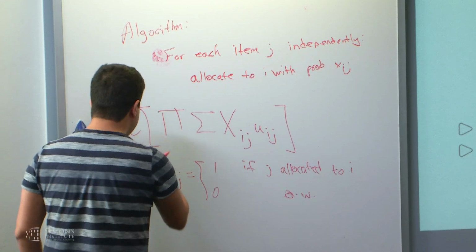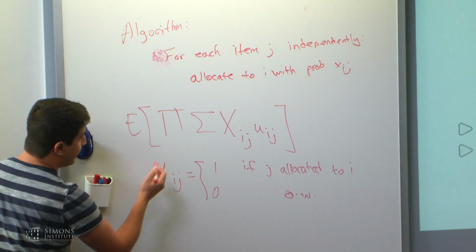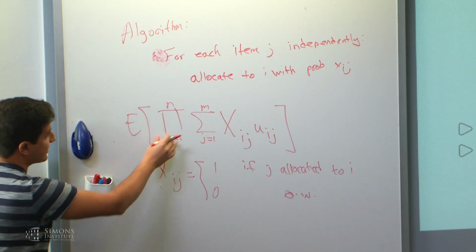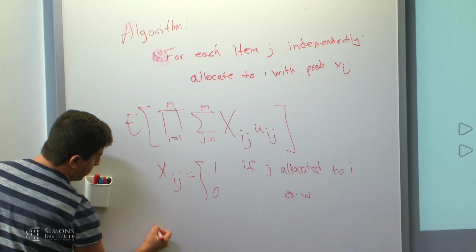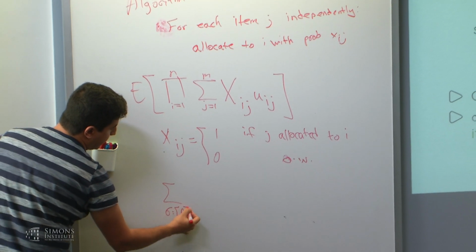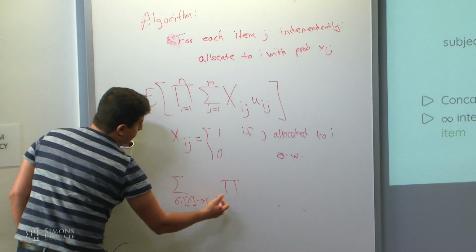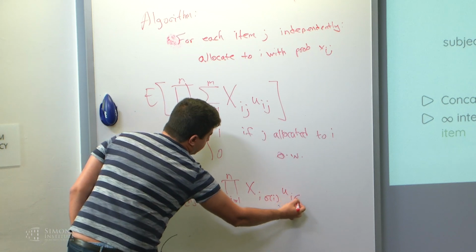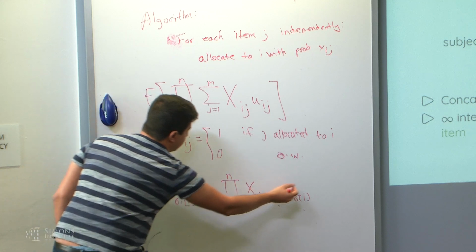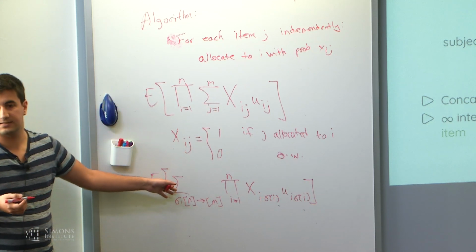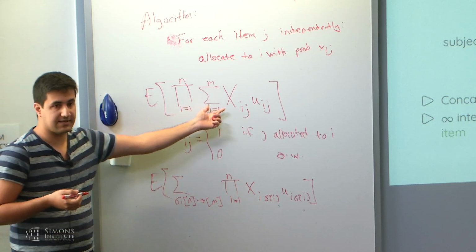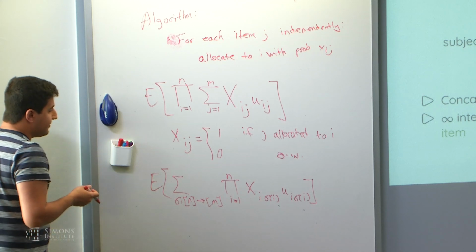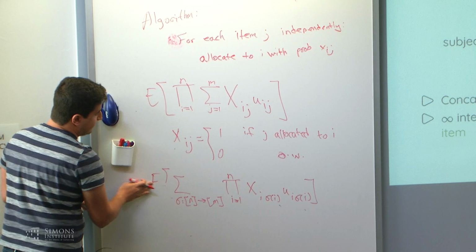Okay. But what you can do is you can compute this expectation. So this product is over persons. This sum is over items. So if you expand out this product, what you get is a sum over basically all functions from n to n, the product over i equals 1 to n of U_{i,sigma(i)}. This is still the same expression. I've just expanded out the product over the sum. From each of these sums, I have to select one index j, and I'm just representing that choice by sigma of i. And now once you have a sum, you can take the expectation inside,